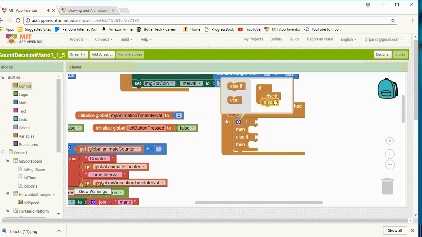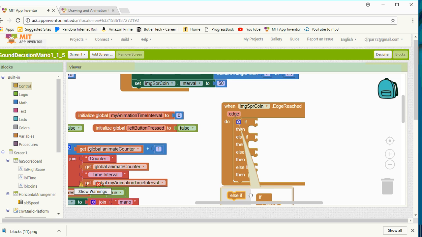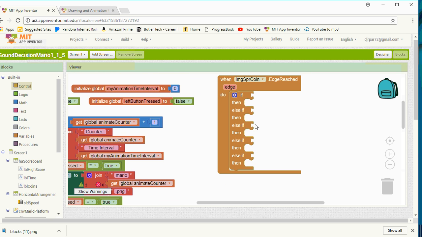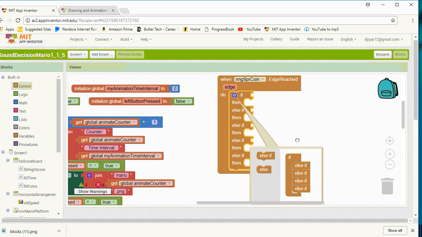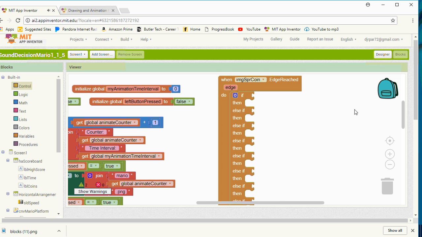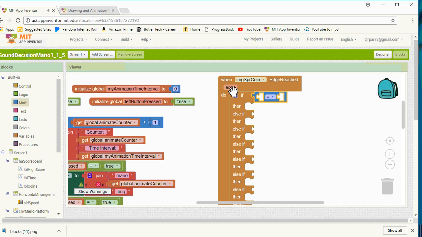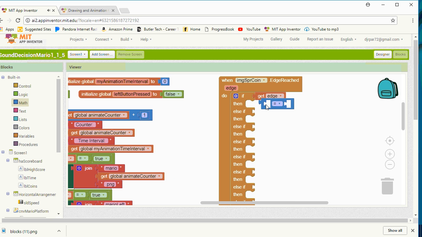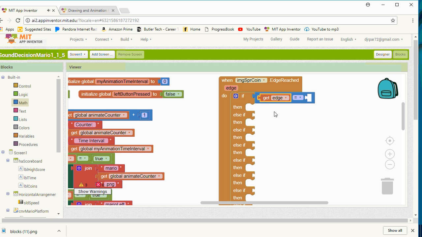I'm going to say 1, 2, 3, 4, 5, 6, 7, and 8. I have 8 edges I'm going to run into. Okay? So now you can do some math and go get this edge right here. I messed up. If the edge reached is equal to number 1,